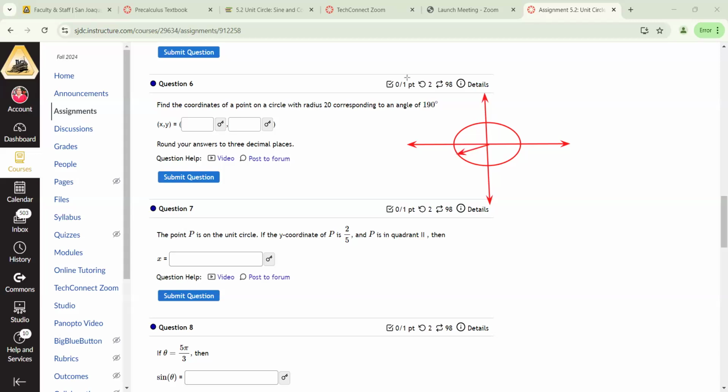Okay. And we're gonna mark a couple things here. We're gonna say, okay, let's make a triangle here. And if this is the angle theta,